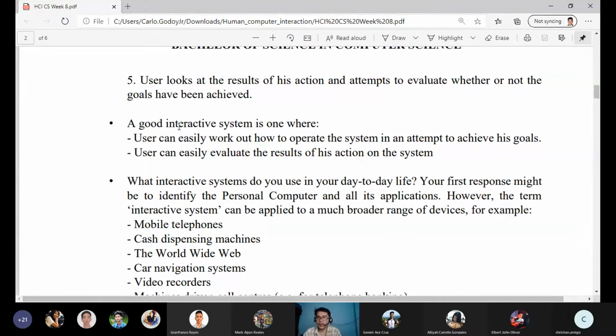So after performing a series of tasks using the buttons on the design, now the user will have the ability to evaluate if the goal has been achieved. So if the bank transfer is the goal, the client will assess whether he was successful in transferring the funds. Or if it's an enrollment system, the user would be able to identify if the enrollment has been processed properly. So, normally, a good interactive system is one where,